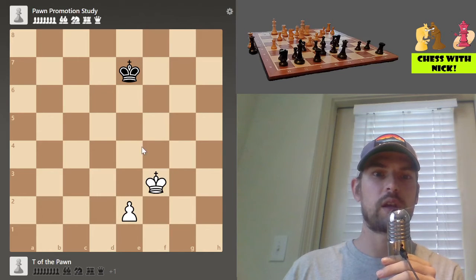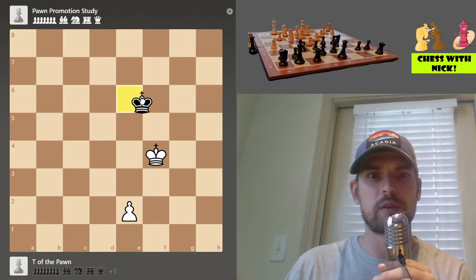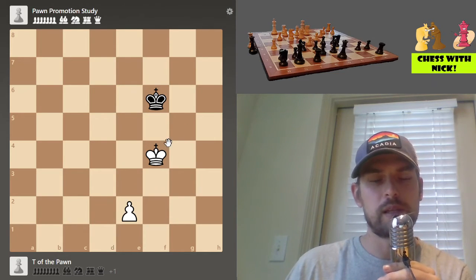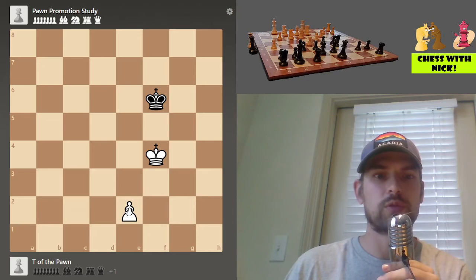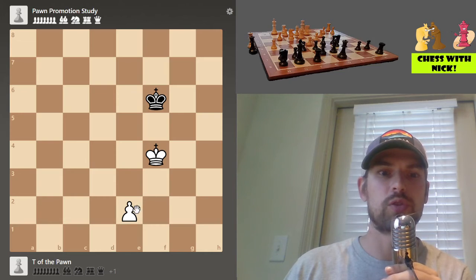And again, we can go to any one of these 3 squares, so even if we don't take the opposition right away, king f4 here is still good. Well, you might say, why is that? Black could play king to f6 and get the opposition. Well, the point is that we can always lose a move to gain the opposition because we're 2 squares in